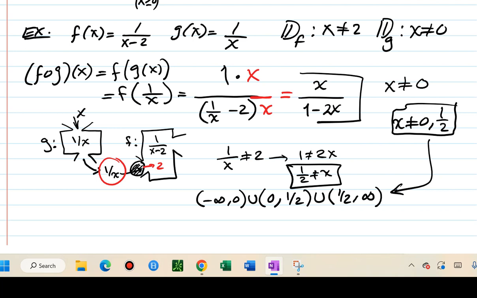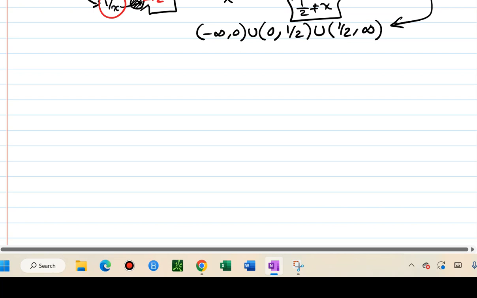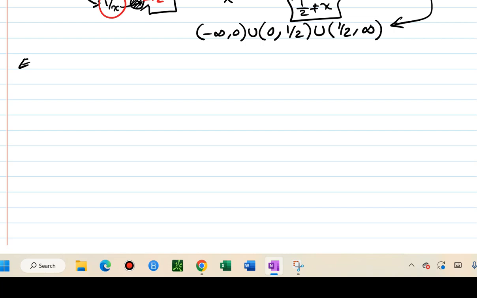This is f of g of x. Okay, now your g of f of x will be different. See if you can try the g of f of x. And now, one last idea, and I'm just going to finish this lecture. Let's say in this example, we talked about composition. So suppose my composition, I have a function h of x, and I'm going to write it as 6x minus